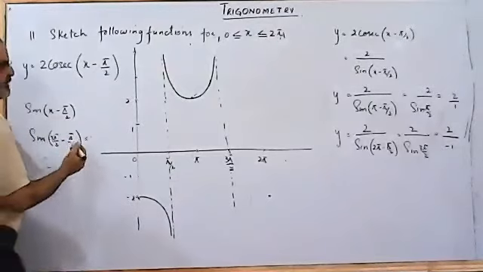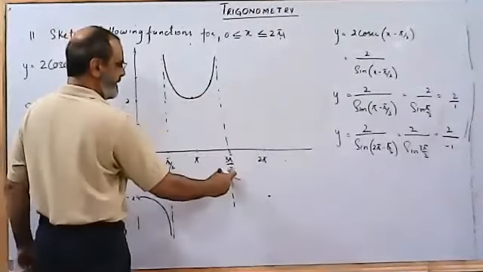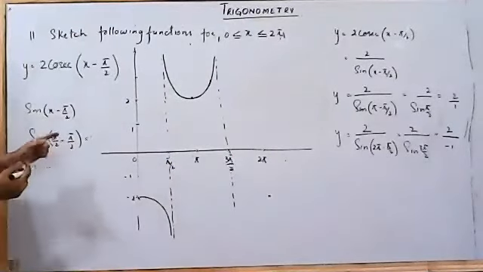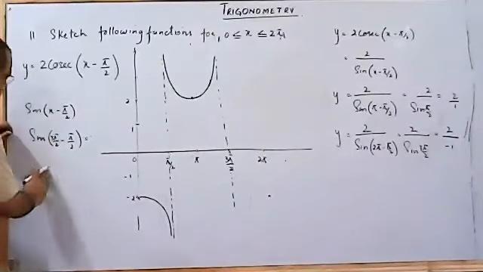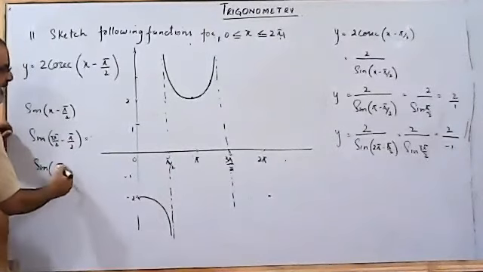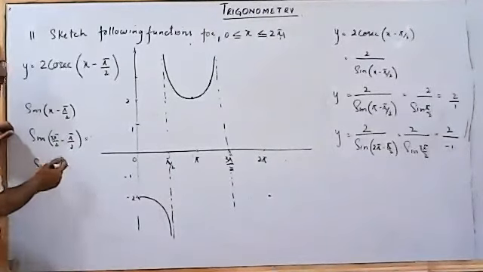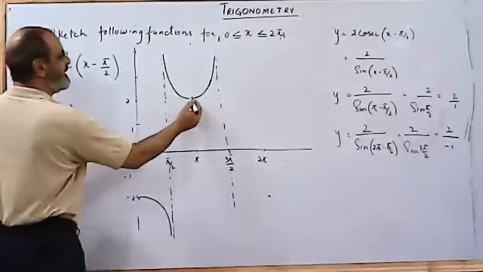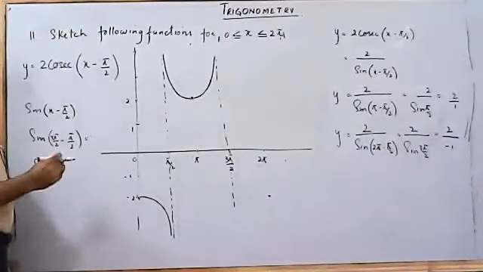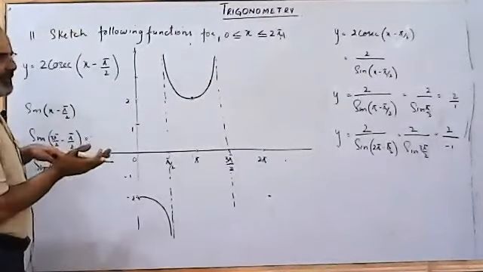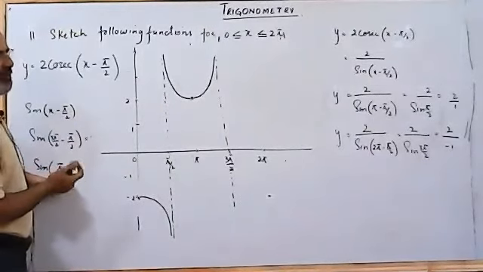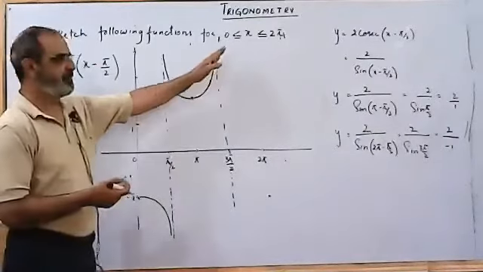If I use 3 pi by 2 minus pi by 2, actually this curve is not touching the vertical line at 3 pi by 2. Actually this value is slightly less than 3 pi by 2. So when you consider it as pi, it is not exactly pi, it is slightly less than pi. So it means you are still in the second quadrant. So in the second quadrant, the sign is positive. So pi means the x-axis in the negative direction. You are still in the positive section of the second quadrant. That's why the curve goes up there.